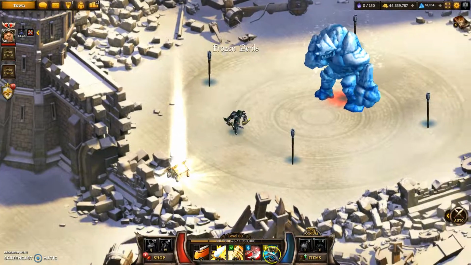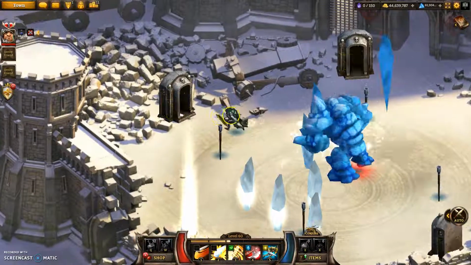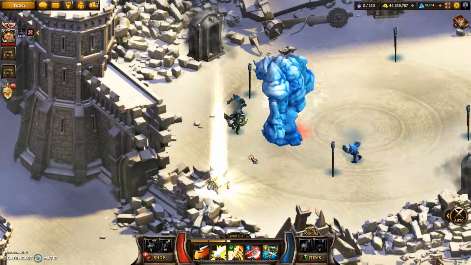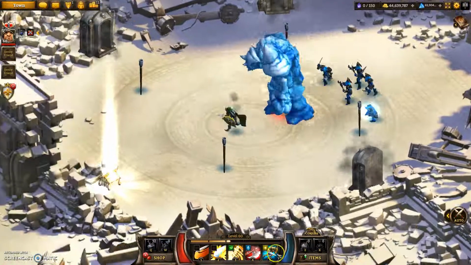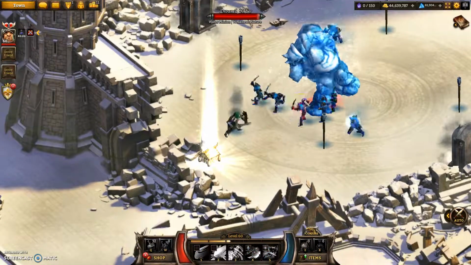If you're wondering why my 5th skill here is Sparkling Gift, that's because I plan to show the sort of optimum damage output build of a knight, which is with these skills. Obviously you'd want a defense skill or something on there as well, but these skills are the way to get your damage output. And you want Sparkling Gift or Ember Glow. Both of those will draw in enemies, and